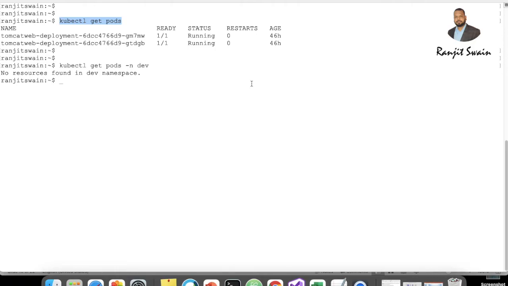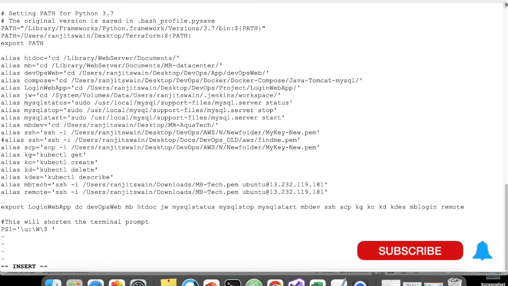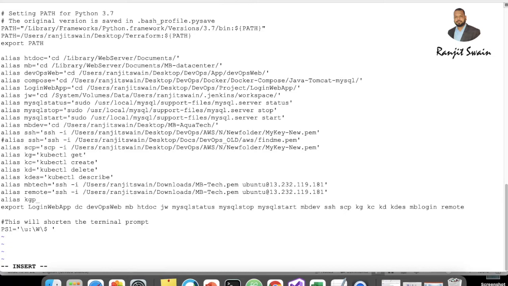How can you do it? Just open vi .bash_profile and add an alias. Suppose for kubectl get pods I make it kgp, equal to, and give the command here, kubectl get pods.